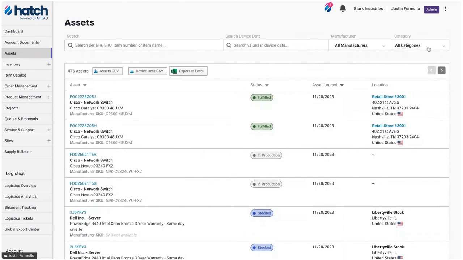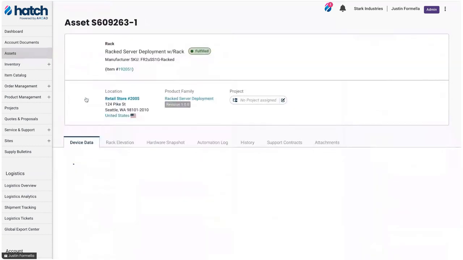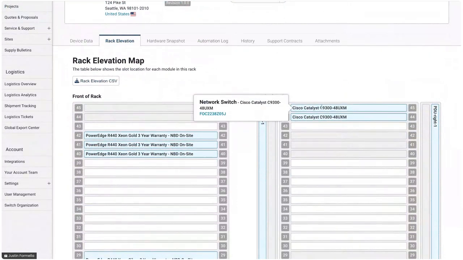Lastly, we may have situations in which devices are nested inside of other devices. A great way to look at this is the idea of a rack. And we can even see mappings and details of how these devices fit within another larger scale asset.